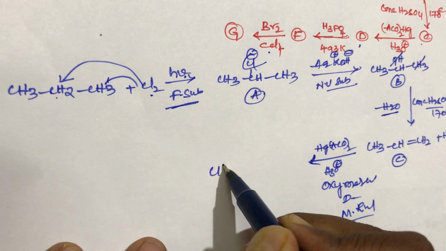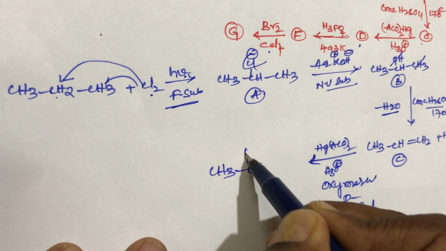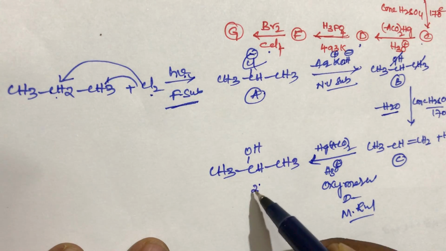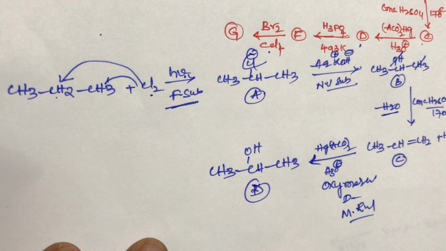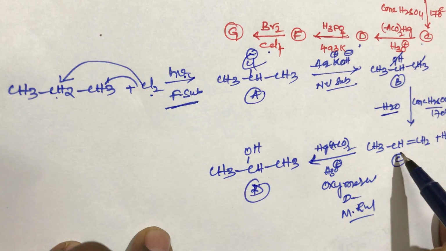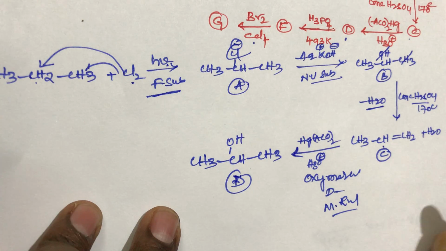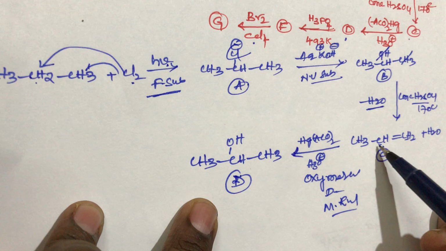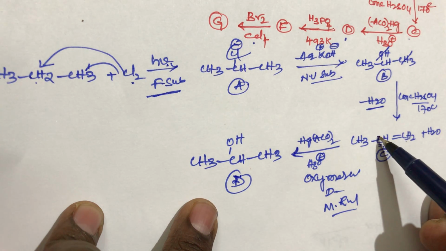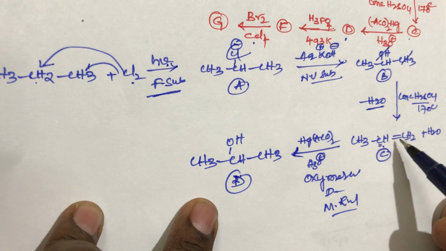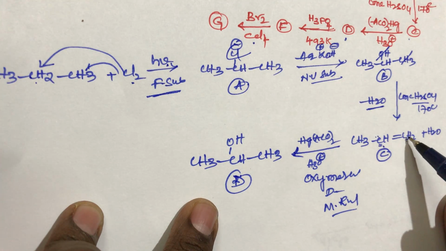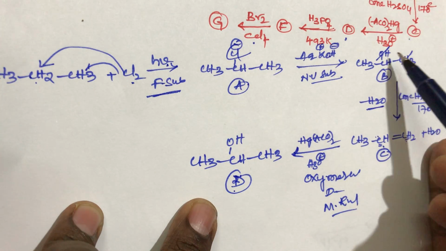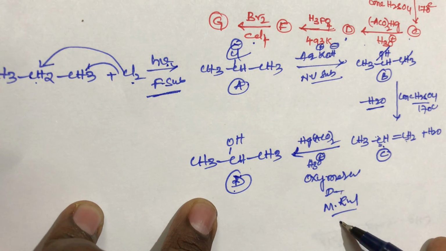So what is the product? That is CH3 CHOH CH3. This is the 2-propanol. This is the D compound, student. It follows the Markovnikov rule. According to the Markovnikov rule, this is an unsymmetrical alkene. The negative part of the reagent will attack the carbon which contains less number of hydrogens. Out of these two, which one has fewer hydrogens? This carbon. So that's why OH group will attack this position, H plus will attack this carbon. So this is the final product. This is the D compound, and C is converted into D compound. This belongs to oxymercuration and demercuration.